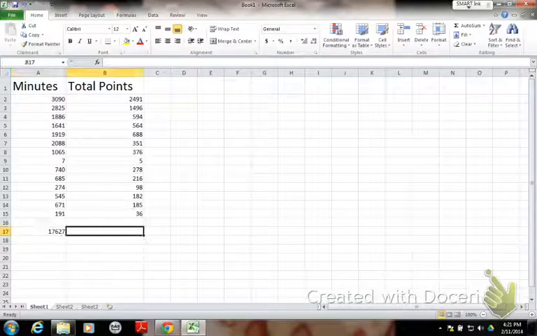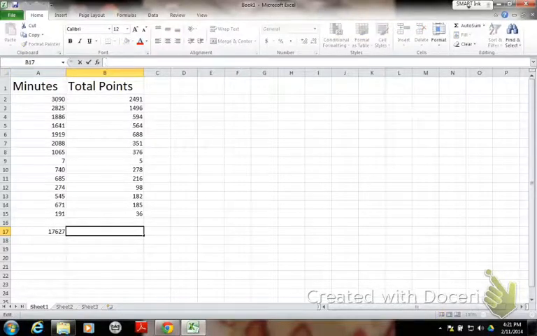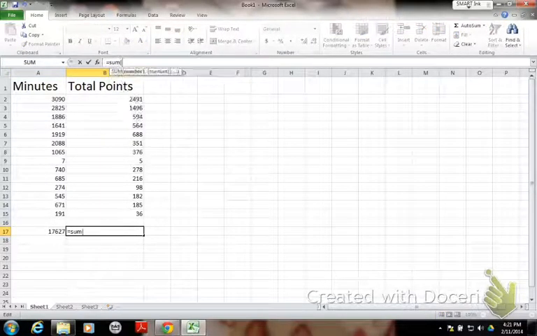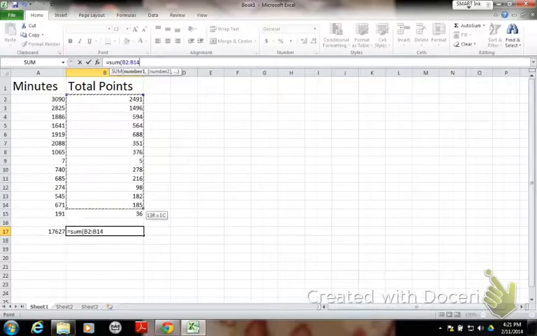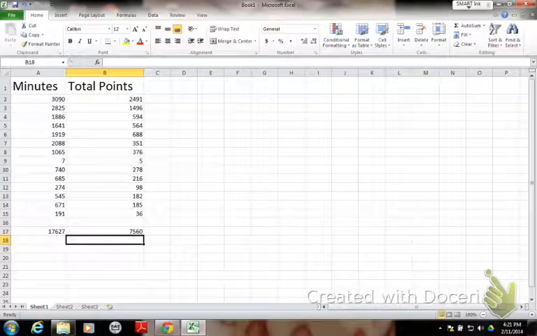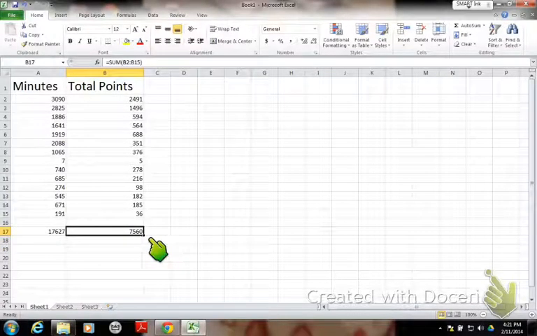So let's go ahead and sum up this column now. I'm going to type equals sum again. This time I'm going to do column B2 all the way to B15. Let go, close the parentheses, and I'm done. This checksum reads 7560, which again, if I check my textbook, is 7560. So we've just recreated the table from our textbook, and all I'm going to do now is create a scatter